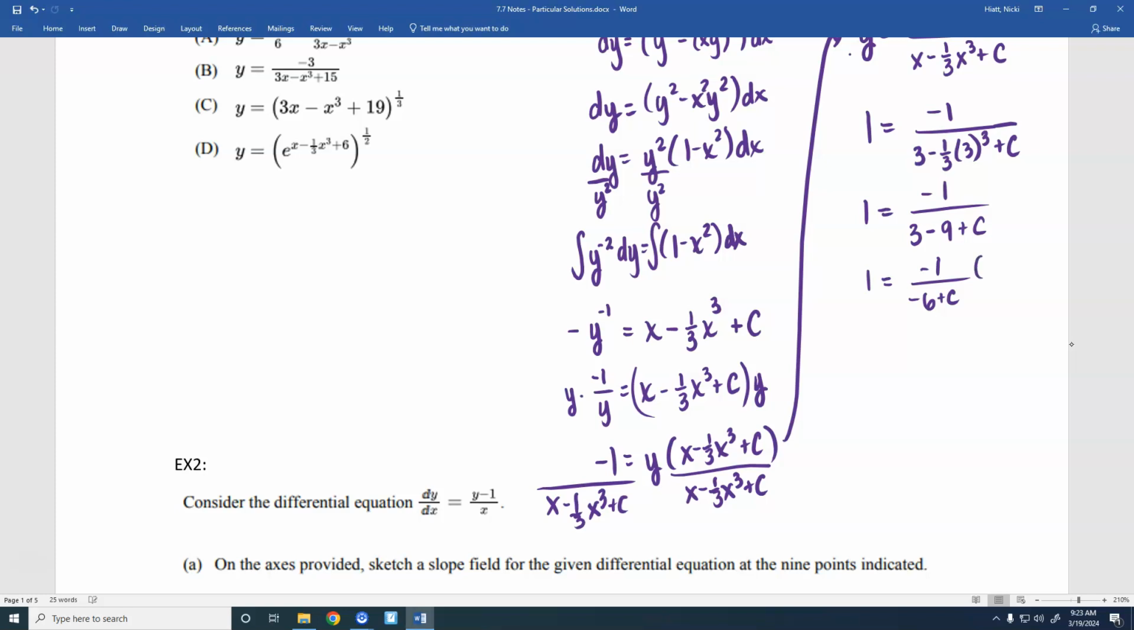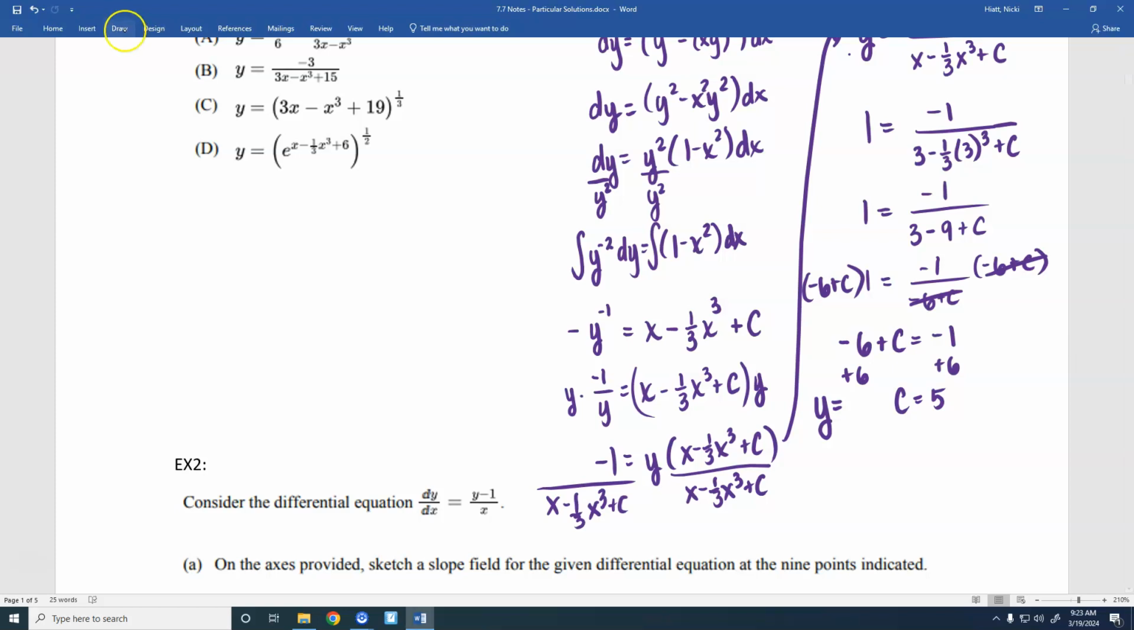Multiply by negative 6 plus c. You cannot solve for something when it's in the denominator of that fraction. So we're going to multiply both sides by that denominator. And since we just have a 1 over here, we just get negative 6 plus c equals negative 1. We need to add the 6. So c equals 5, which means that our equation that we're getting is y equals,